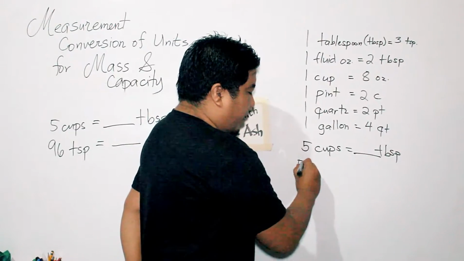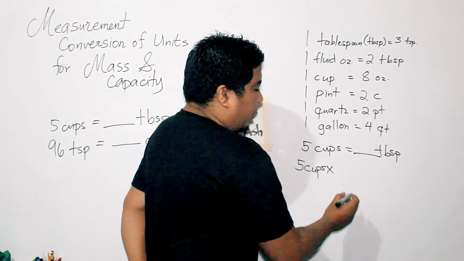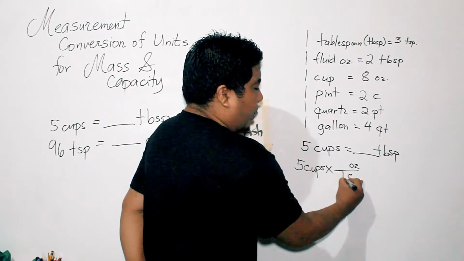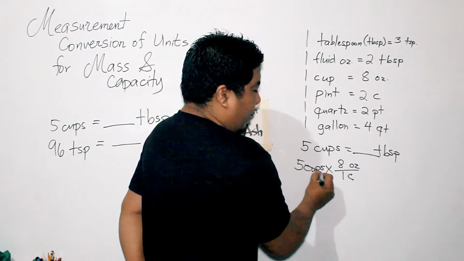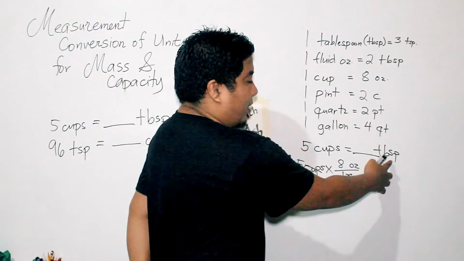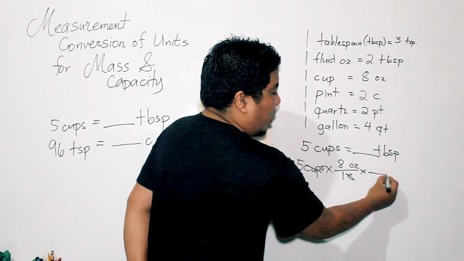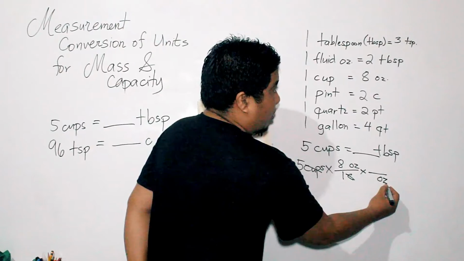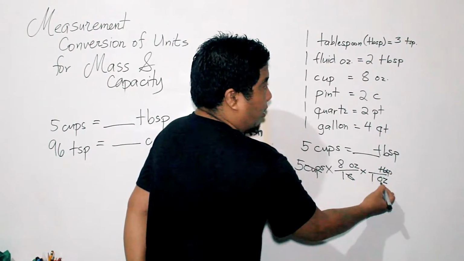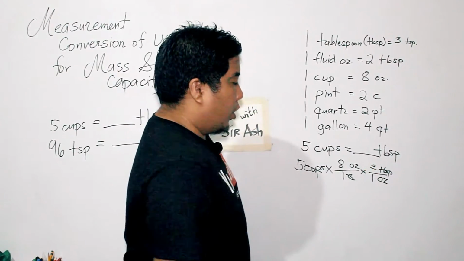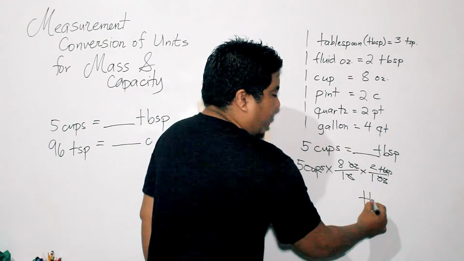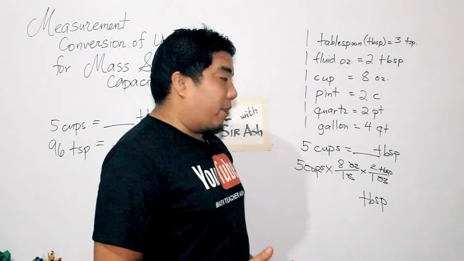So we will start with the 5 cups multiplied by the cup to ounce. It says that in 1 cup, there are 8 ounces. So that will be cancelled. However, our final answer here will be ounce, not yet tablespoon. So we will again multiply, in which we will be using the ounce to tablespoons. So in 1 ounce, there are 2 tablespoons. So if this will be cancelled, then we have our final answer as tablespoon, and we will just simplify our